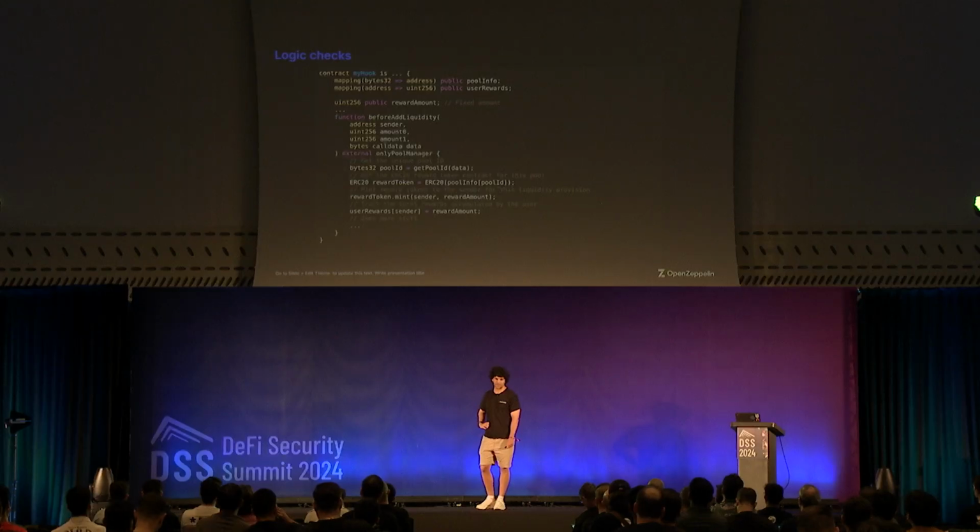Logic checks. This is not that related to Uniswap V4, but something that I'm pretty sure we're going to see a lot in audits next year when we check hooks. Basically, since these hooks are going to be developed by anyone, you're going to have bugs. And these bugs can be very silly things, such as in this contract, we see this before add liquidity